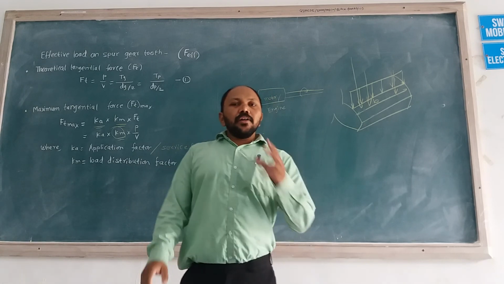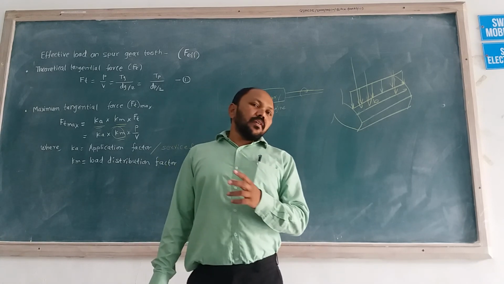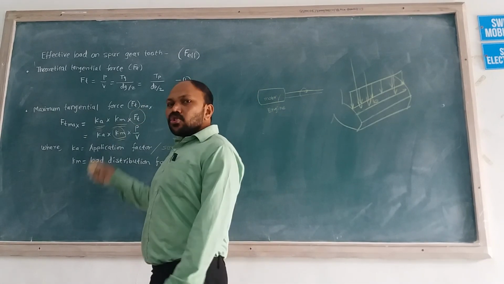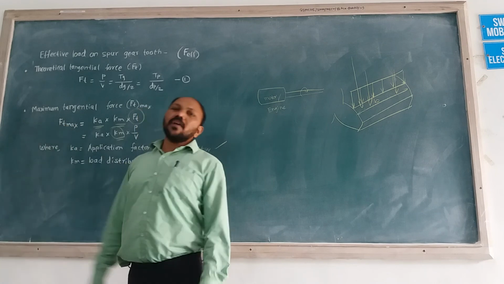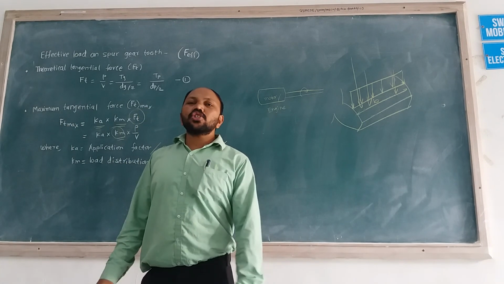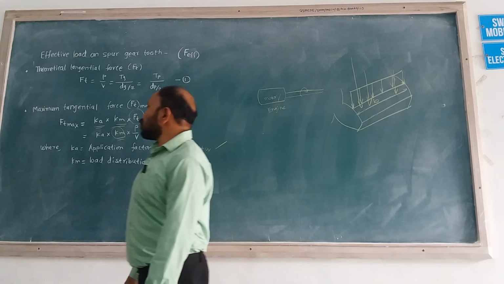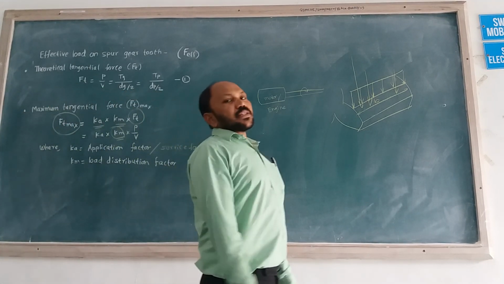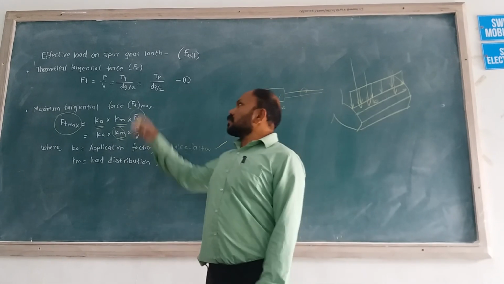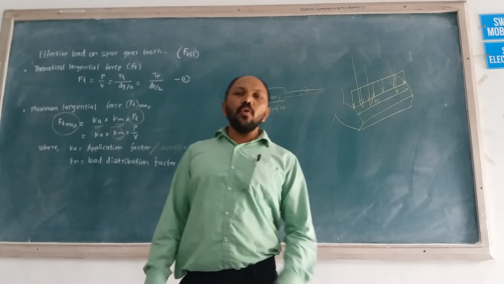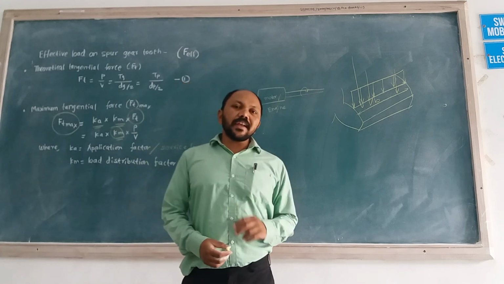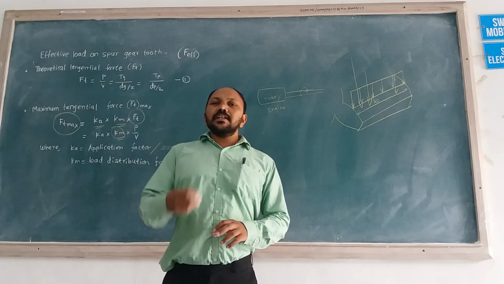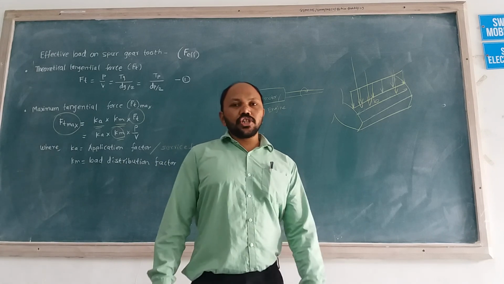In this way, as we consider the more values, Ka and Km, along with Ft, that tangential force is now the maximum tangential force, so it is called Ft max. This maximum tangential force we use for calculating the effective load. Two formulas are available for calculation of effective load, and we will see those formulas in our next lecture. Thank you.